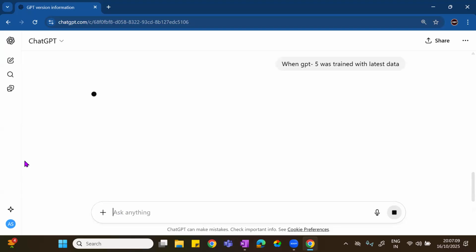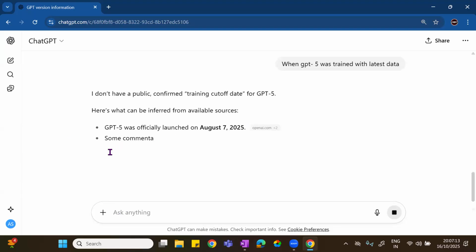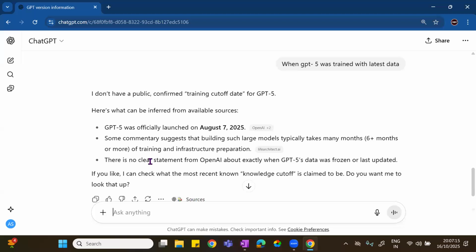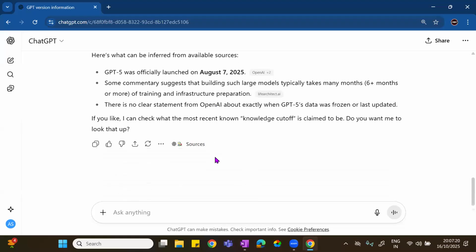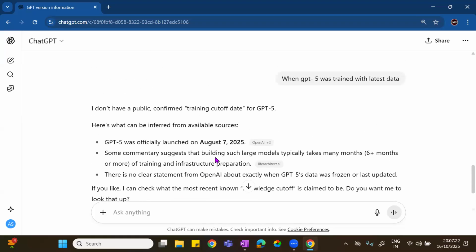Let's see if I'm putting the right question. Officially launched on August 2027. I don't have the public confirmation of the training cutoff date for GPT-5.